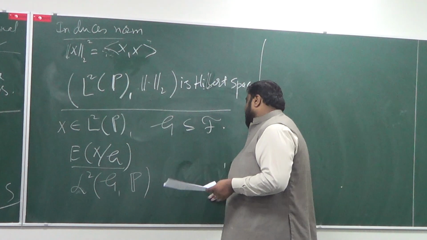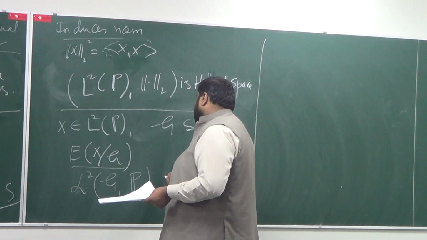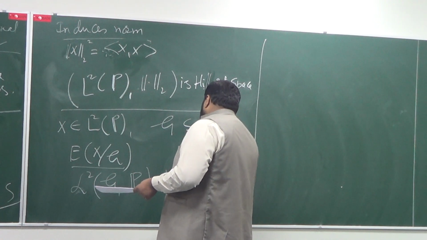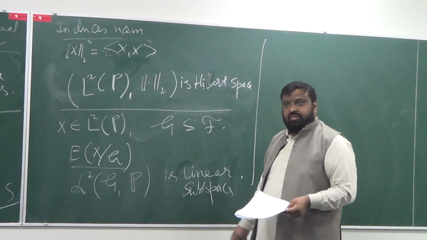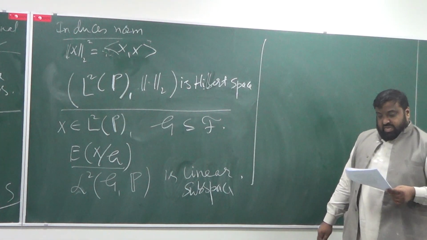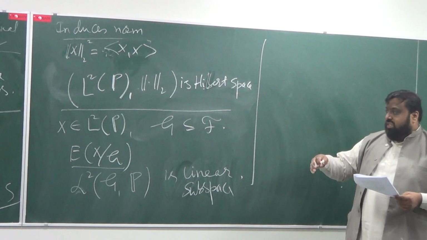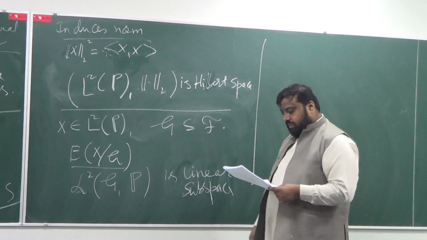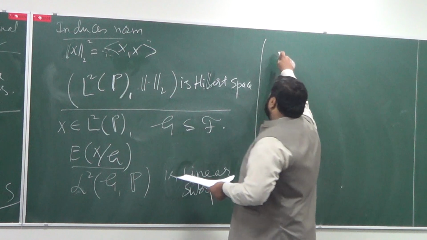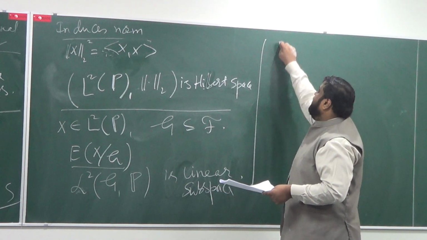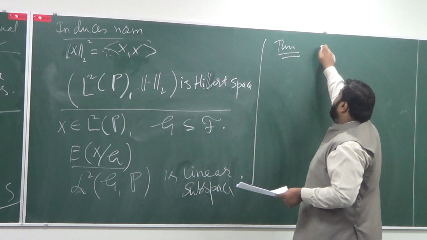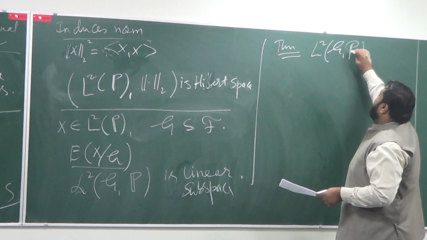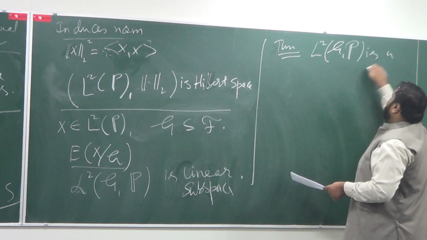Then what can I show? I can show that it's a linear subspace. That shouldn't be an issue. So it's a linear subspace, and it also inherits the inner product and norm and everything. In fact, I can prove a result, though I'm not proving it, I'm just mentioning it: this L2(G, P) is a closed subspace